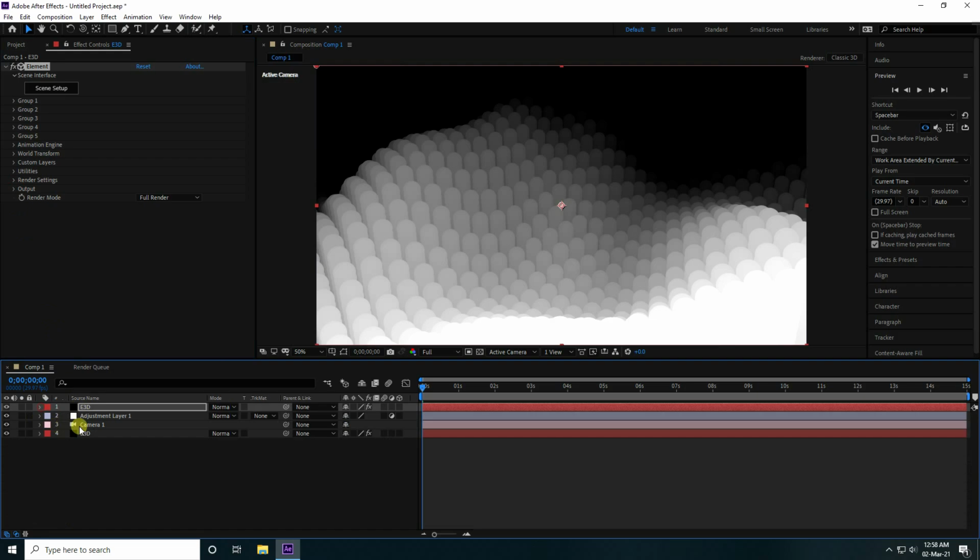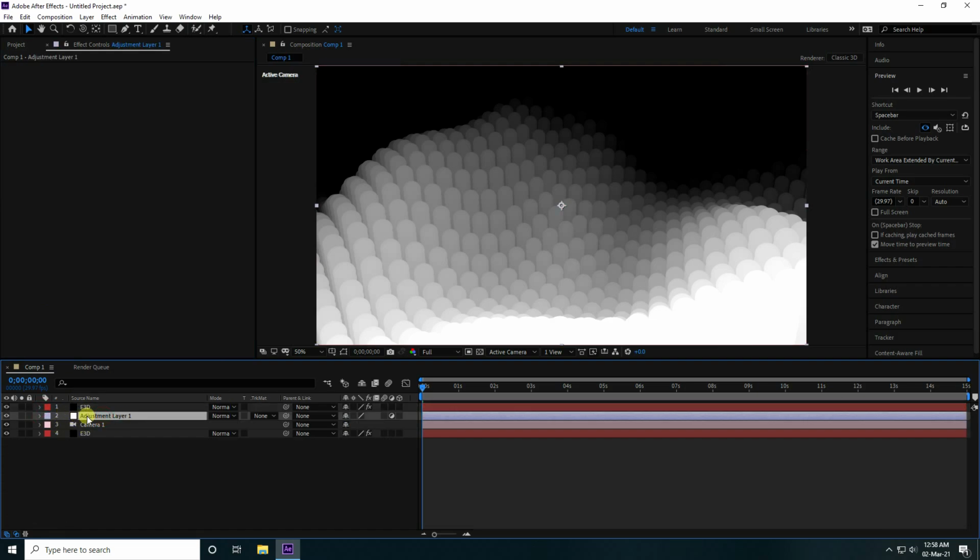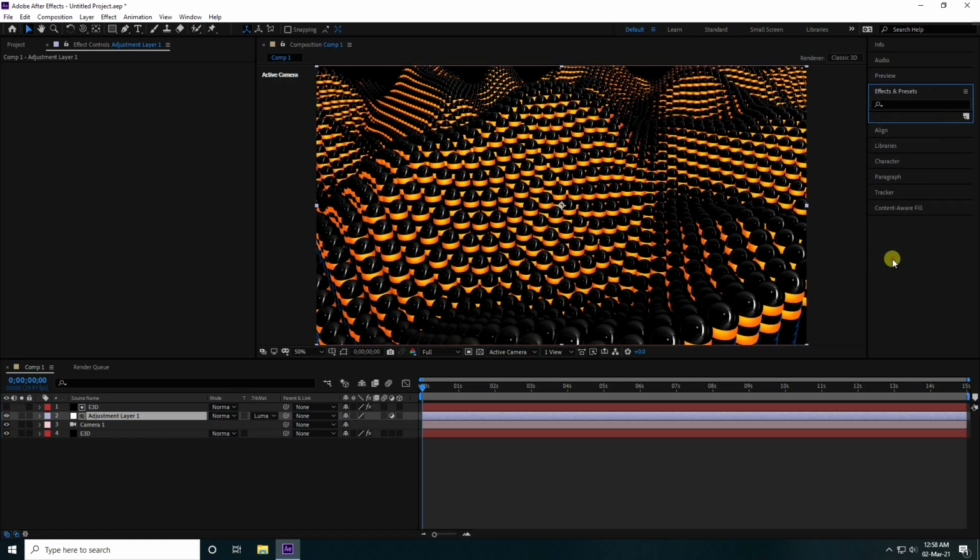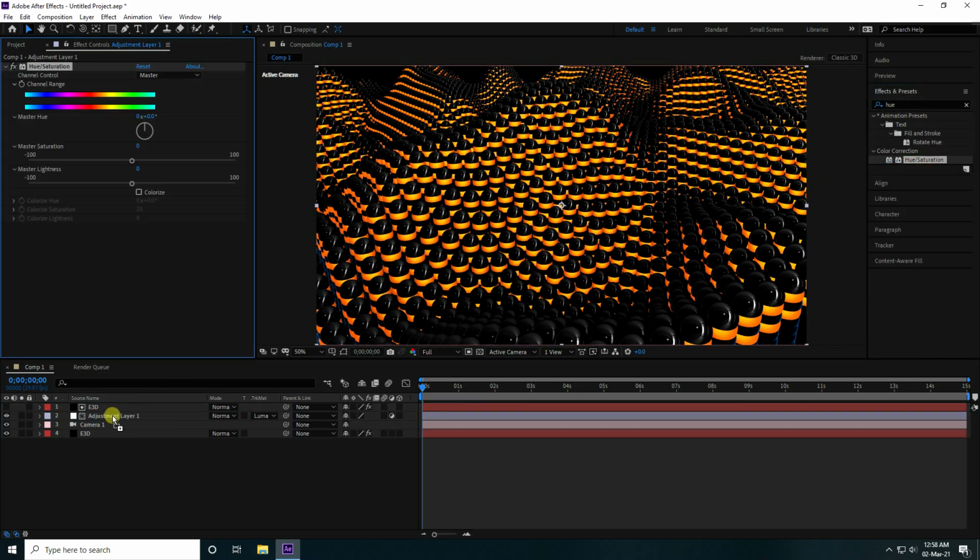And guys, select this adjustment layer and use Luma matte. Apply hue and saturation. See guys, that's my hue effect, and also that's my Z depth effect.